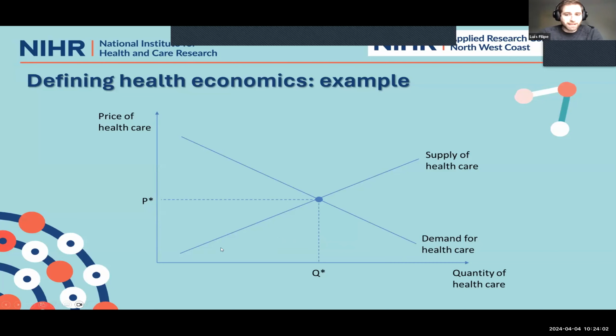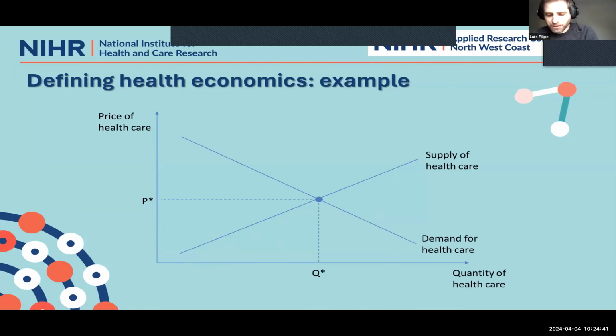So there should be, in fact, downward sloping demand in healthcare. Now, supply, the same. Of course, this is going to become tricky because most of the time, for instance here in the UK, you have the NHS providing it. So you don't really have this interaction between price and quantity, or at least not directly. But imagine that we are talking about a private hospital. It should still be the same. If the price is higher for a certain service, you would be willing to offer more than if the price is lower. Okay, so for now, let's say that it follows the principles of traditional markets.